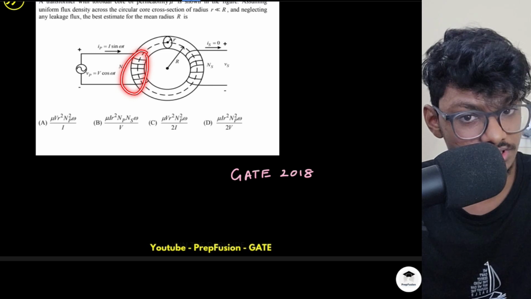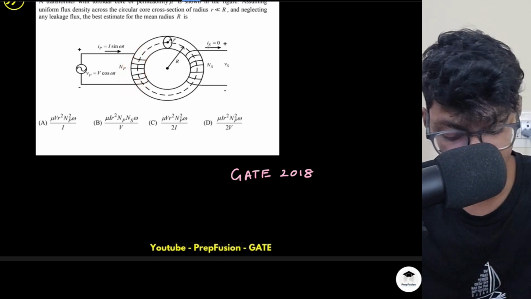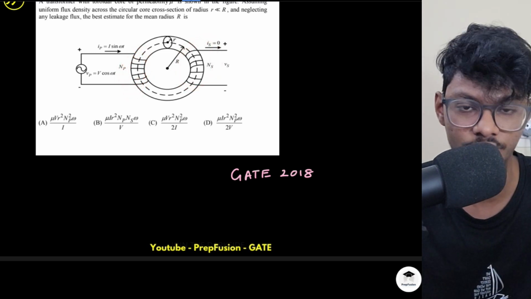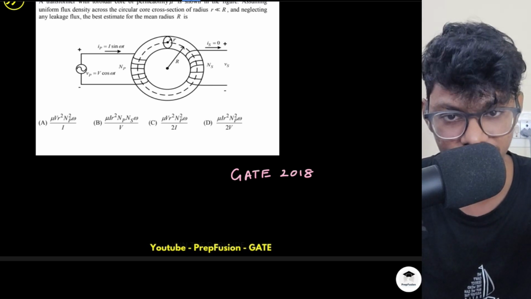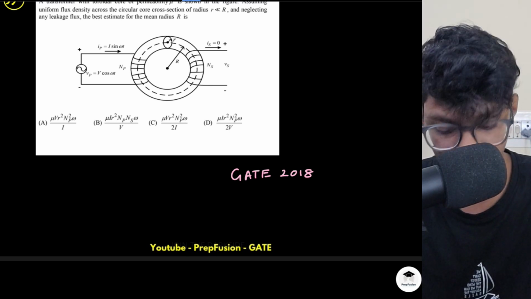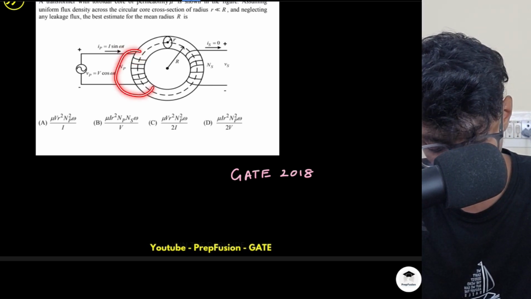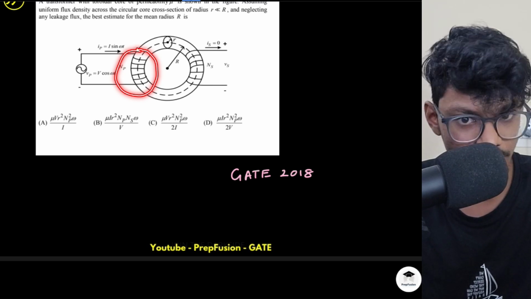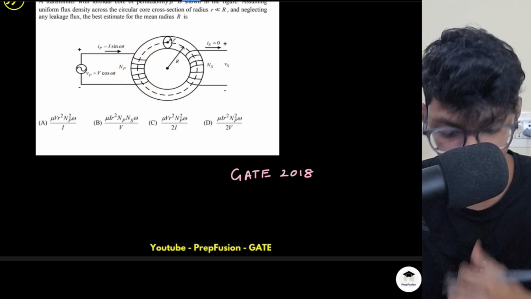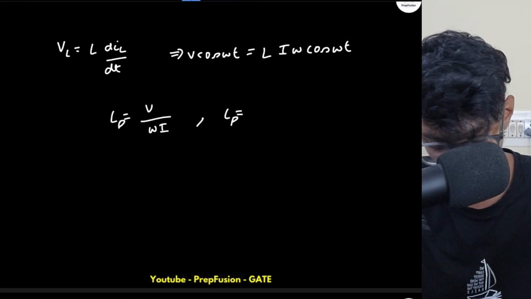As it is self inductance, I will only consider the turns on this particular inductor due to its own turns, because after this question we will learn about the concept of mutual inductance. So I have NP number of turns, which I will square, NP square